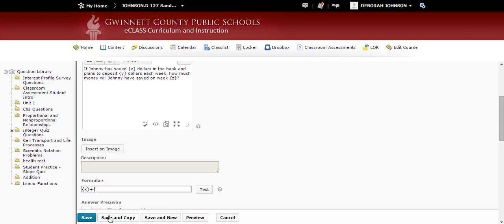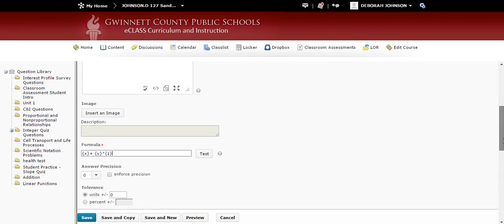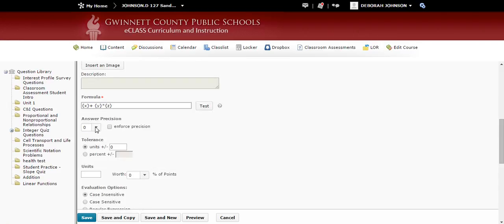So normally if we thought about this, it's kind of like where we're going through and we're saying, well, it's for each week, so we're multiplying. So really we want that Y value to be multiplied by the Z value. So in our formula, we're telling it we're going to add to the X whatever we get when Y is multiplied by Z. For our precision, since we were talking in terms of money,